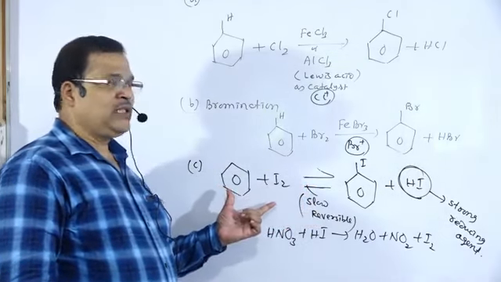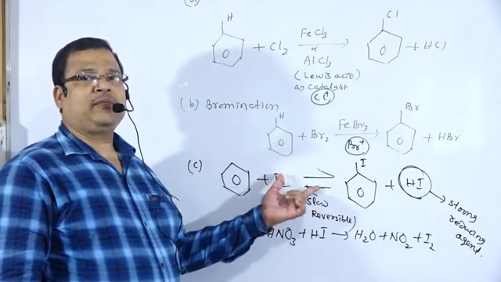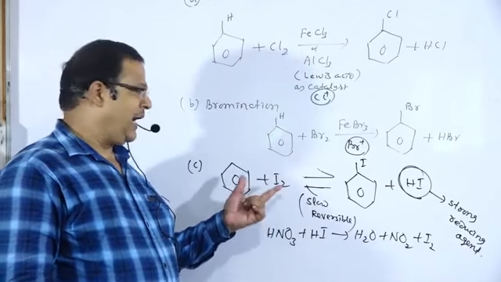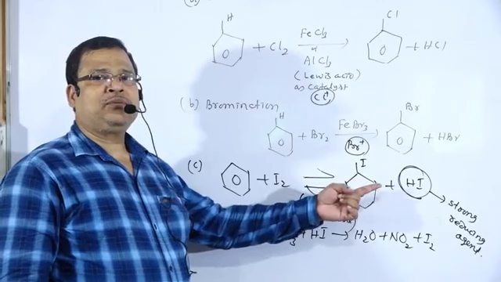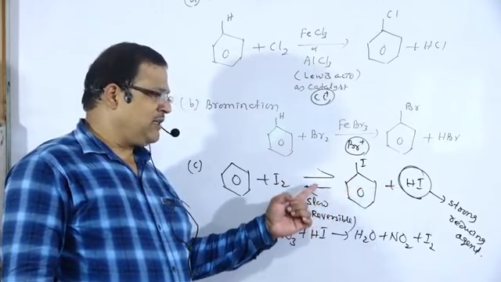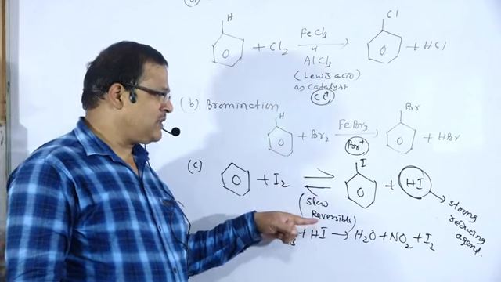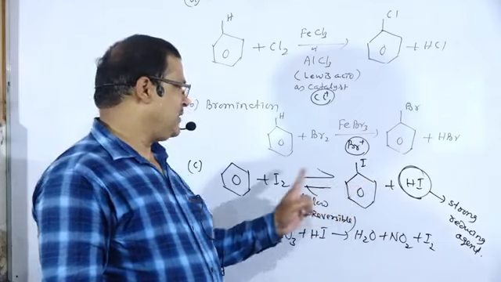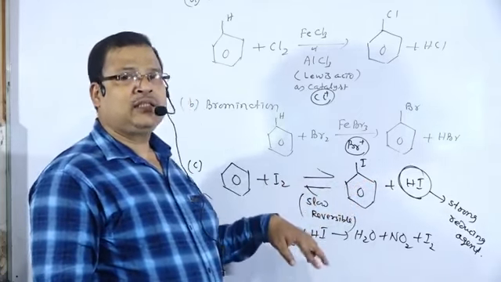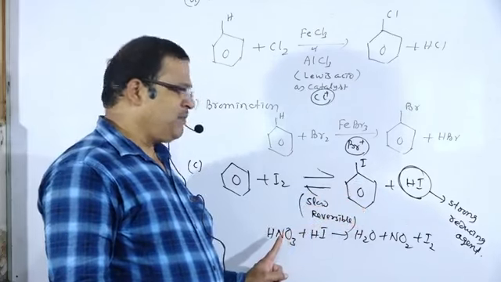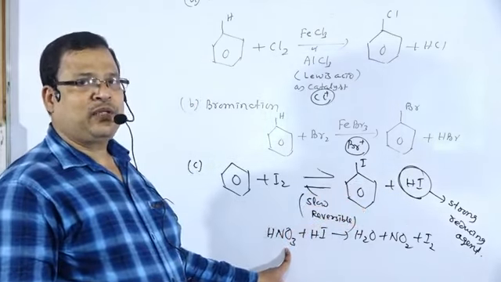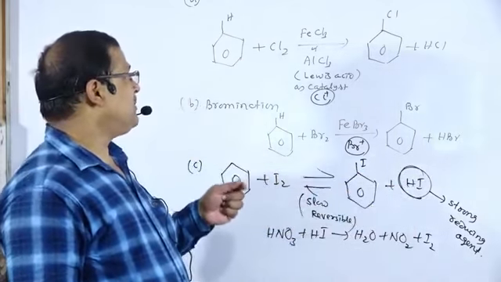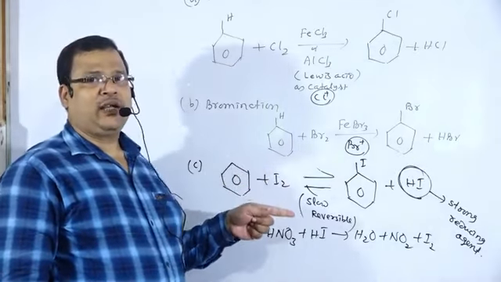This is one of the important questions: how is iodobenzene prepared, or why is the iodination of benzene difficult? Iodination of benzene is difficult because of the slow and reversible nature of the reaction. Why is it slow and reversible? Because HI is a powerful reducing agent which reduces iodobenzene to form benzene and iodine. Then how is it done? It is done in the presence of a powerful oxidizing agent like nitric acid or phosphoric acid, which will consume the HI. So this is regarding the methods of preparation of chlorobenzene, bromobenzene and iodobenzene.